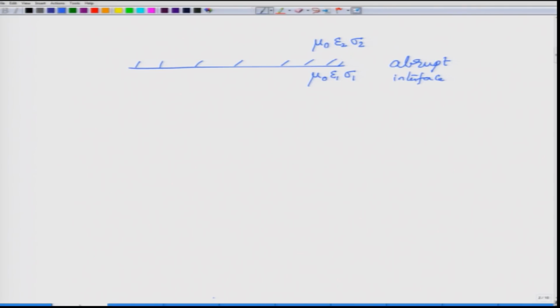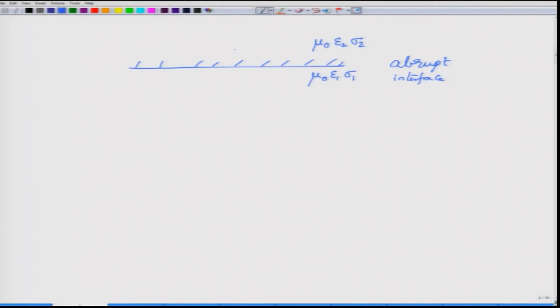Okay. In fact, in many cases we do not even have sigma 2 and sigma 1, but there are a few cases where, for example, you take a fiber and then coat it with a metal for some sensing application. In that case you will have an interface between one dielectric, which is the glass material, and a coating, which is a metallic material or a conductor. Okay. And of course, using a conductor also gives us a couple of ideas about how to talk about modes, and that is primarily the interest in which I am introducing this conductor to the discussion. Okay. So, anyway, those things come later on.